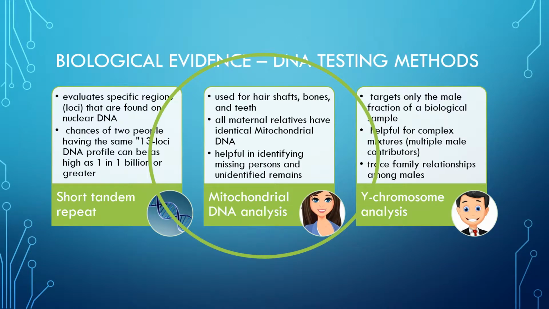Unfortunately, not all DNA evidence can be tested using short tandem repeat. Things like hair shafts, which is just the hair without the root, bones and teeth have to be tested using mitochondrial DNA analysis. All maternal relatives have identical mitochondrial DNA. That means you share this with your mother and your grandmother, and it's helpful in identifying missing persons and unidentified